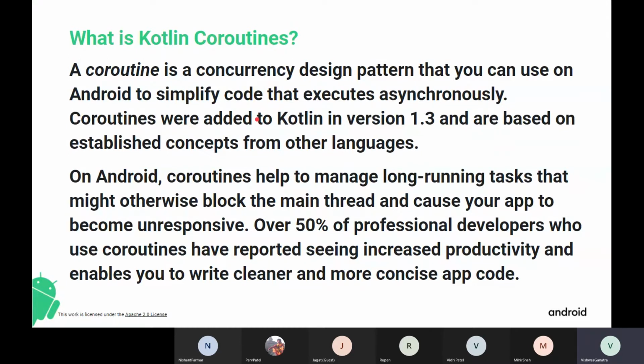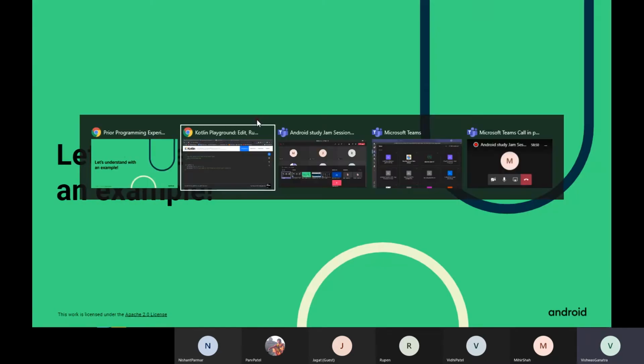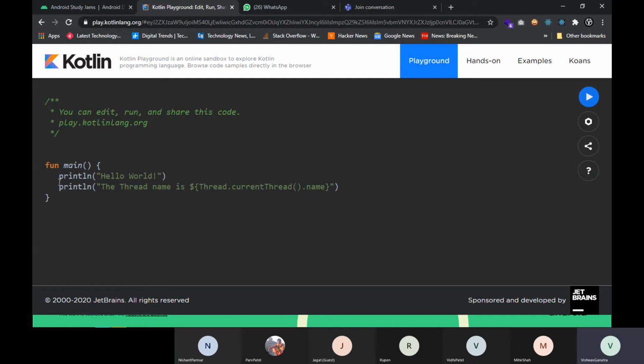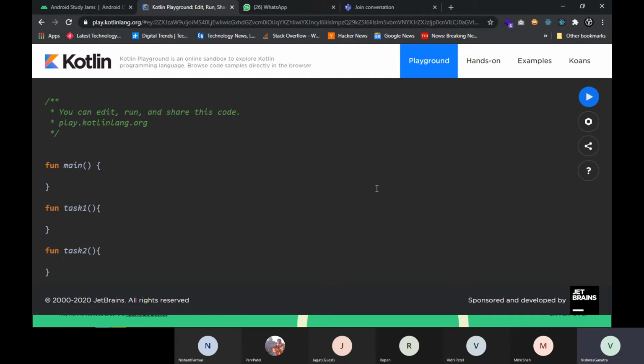Let's understand it with an example. Here in our main function, let's take some other function and name it task1, and let's take another function named task2. Now in our first function, let's print out something.